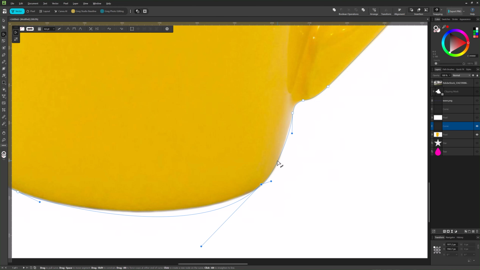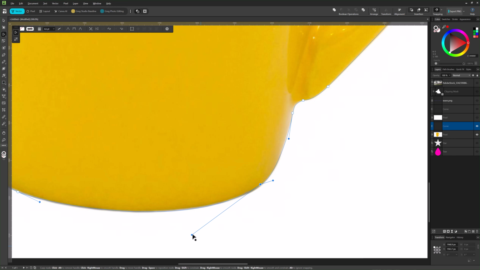I'll grab this. I'll bring this out. Let's take this one here, hold down the Alt key, change the angle slightly. Let's pull this one out a little bit. So again, not perfect, but you can continue to come in here and just tweak it slightly. And again, it does come down to how perfect do you need it to be. I'm going to hold down the Alt key here just to change the angle of this one, bring it over something like